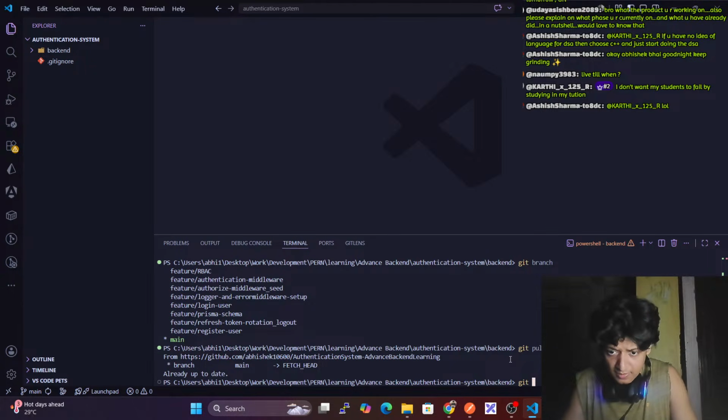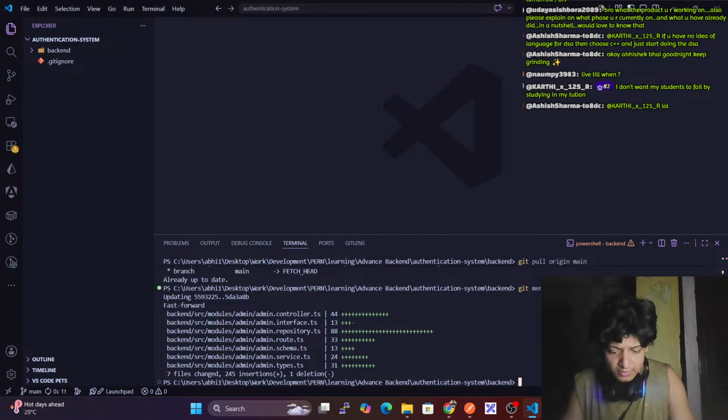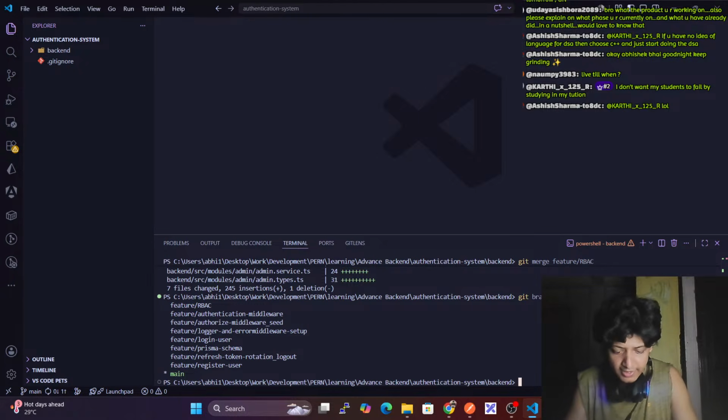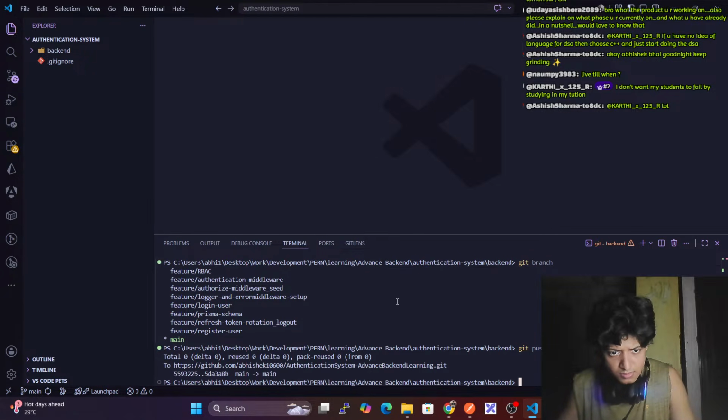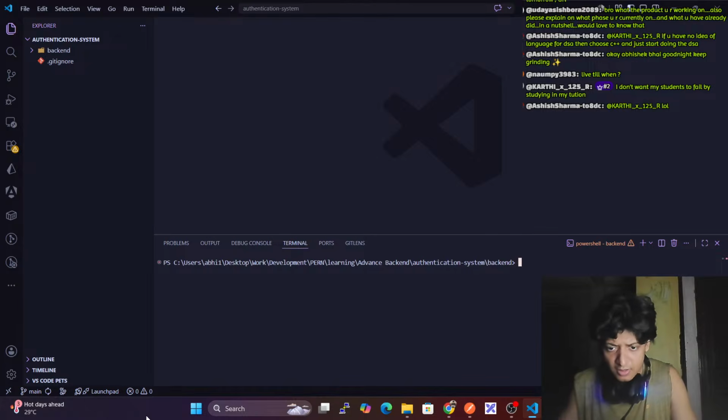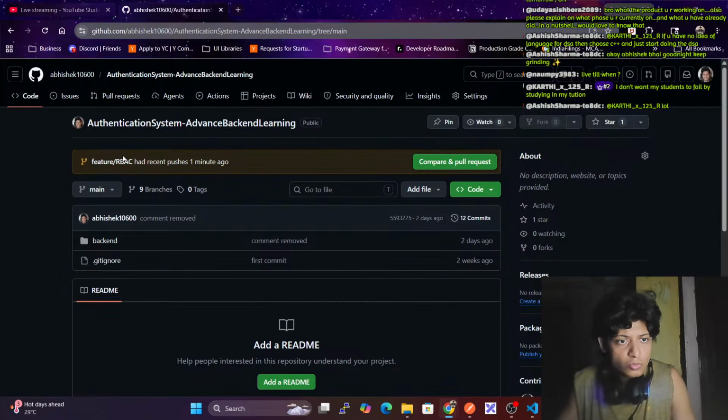Then git merge this feature branch. Merge this. Then hold on, check the branch also. Git push origin main. Okay, done. Now if I go to GitHub